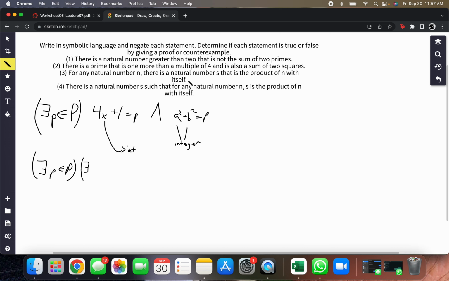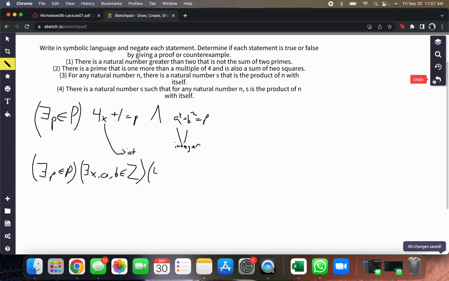And the same with a and b. It's the sum of 2 squares. It doesn't have to be the sum of every 2 squares that you could come up with. That would be crazy. So there exists an x, an a, and a b. And what set are they in? The integers. Yay! Okay. X, a, and b, such that